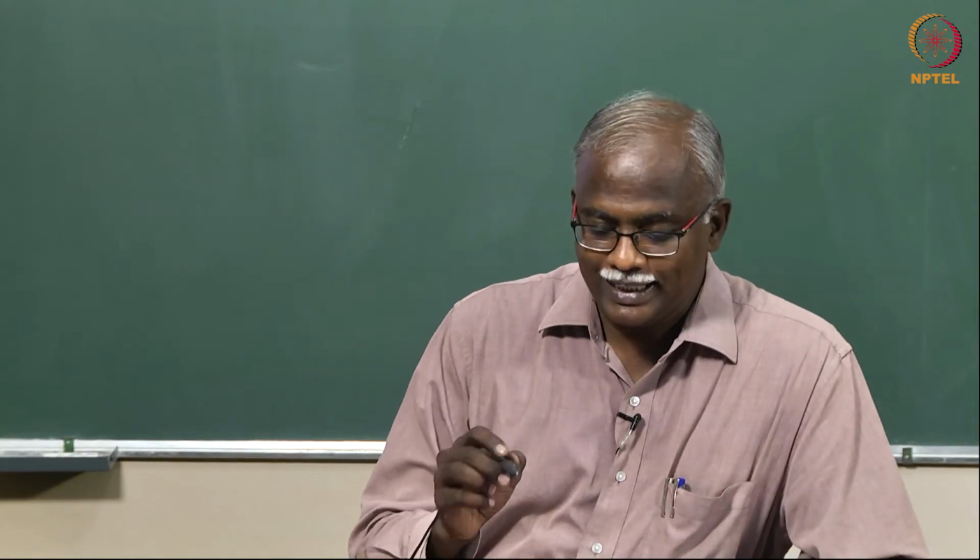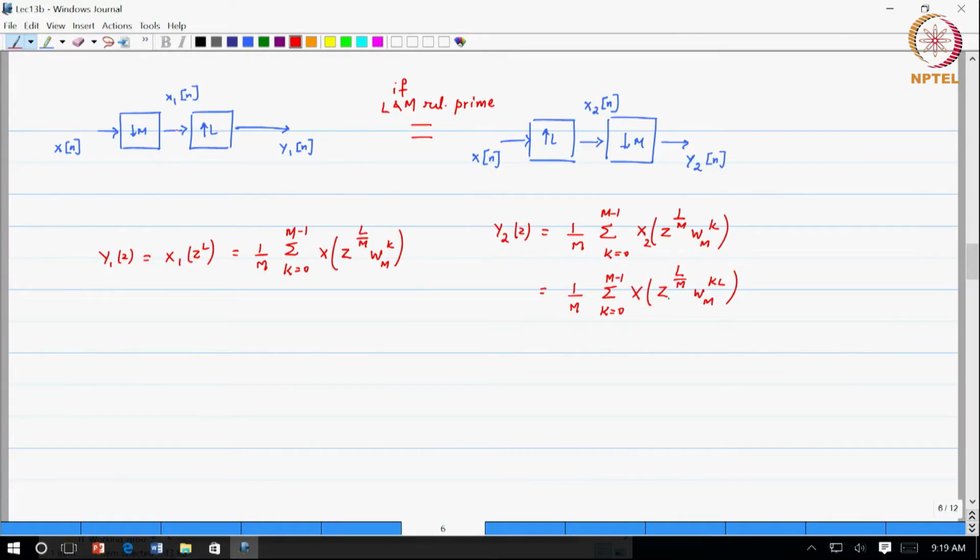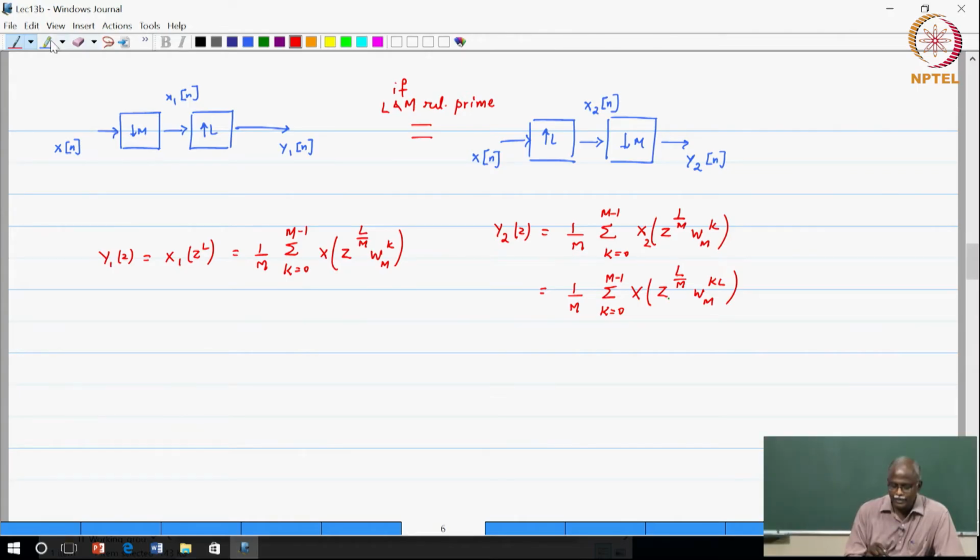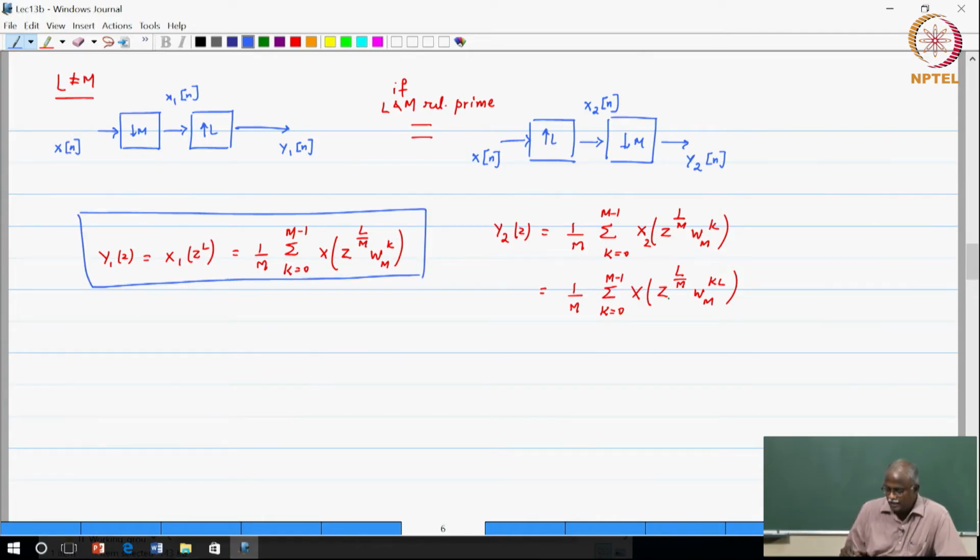Now, the second result from yesterday's lecture was that when I have a cascading of two blocks, downsampling and upsampling, where M is not equal to L. So, basically we will make the assumption, make it clear that L is not equal to M, but we have not said anything about common factors. In the general case, the two results are not the same. We derived the expressions. Again, I will not rewrite them, just highlight that in one case